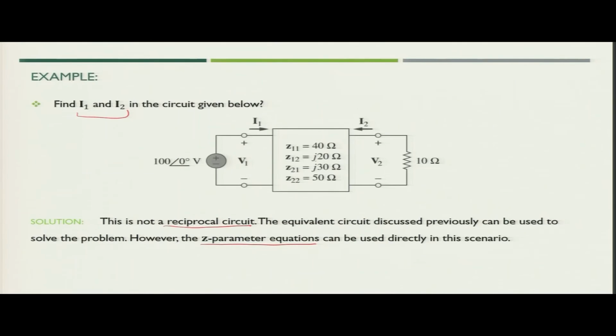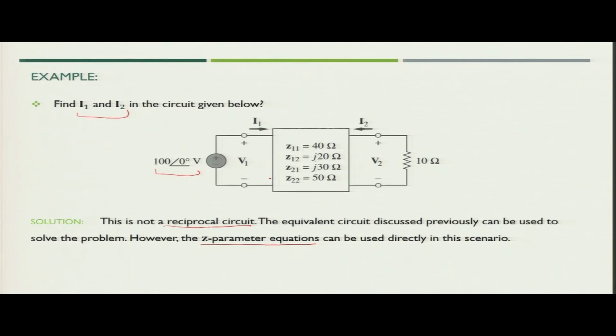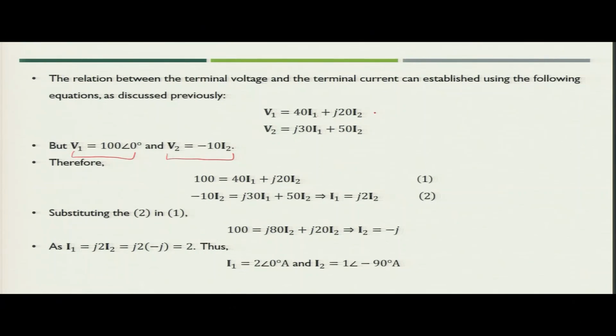Now, if you see the circuit having voltage V1 as 100 angle 0, and V2 is nothing but minus 10 of I2, because I2 is in this particular direction. So, what you can write? V2 is equal to minus 10 of I2 and V1 is 100 angle 0. So, these two values we can get from the circuit. So, we can put these values in the above equations. So, we get 100 equal to 40 I1 plus j20 I2, and